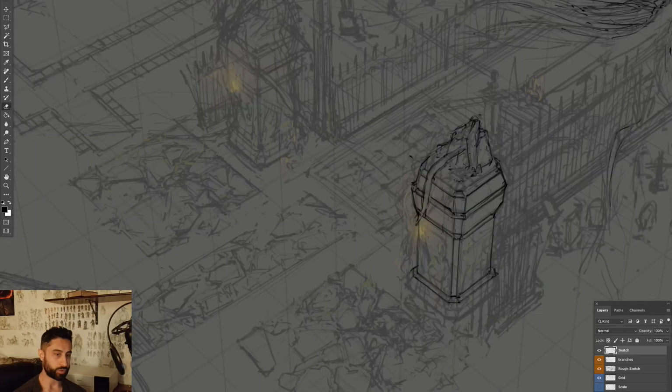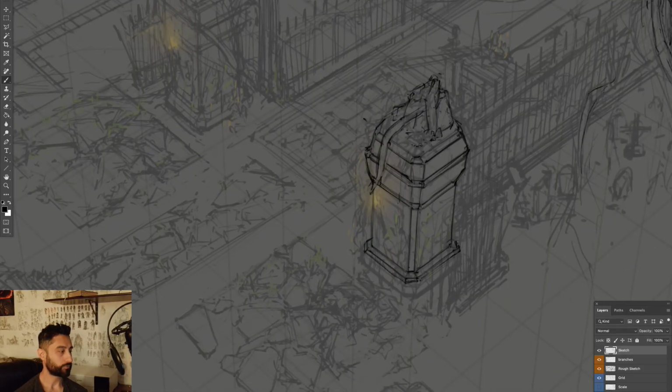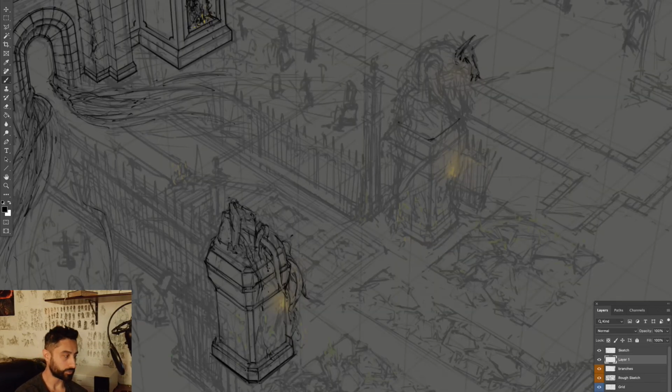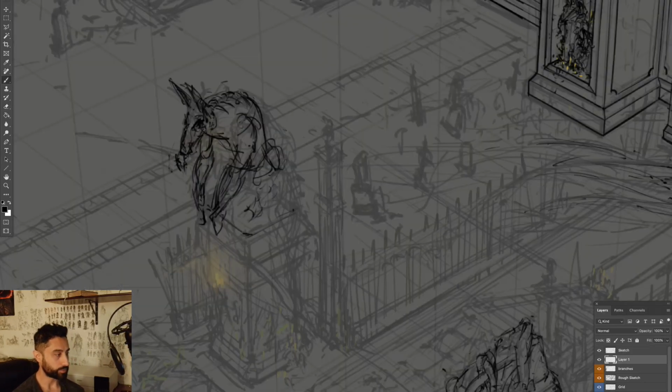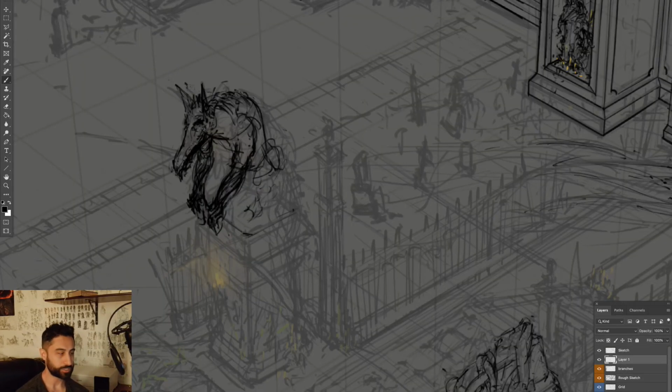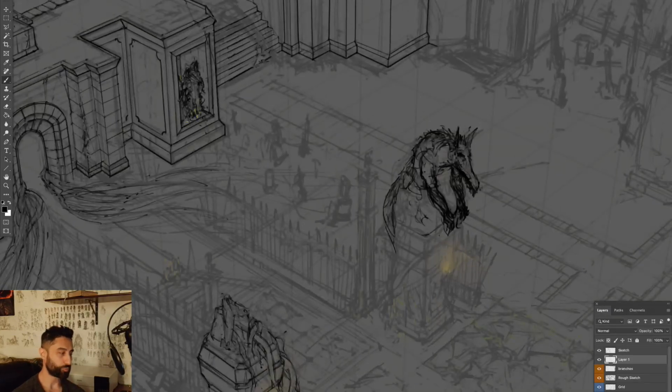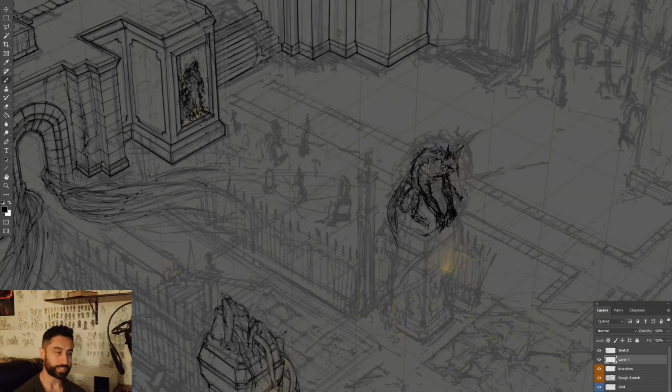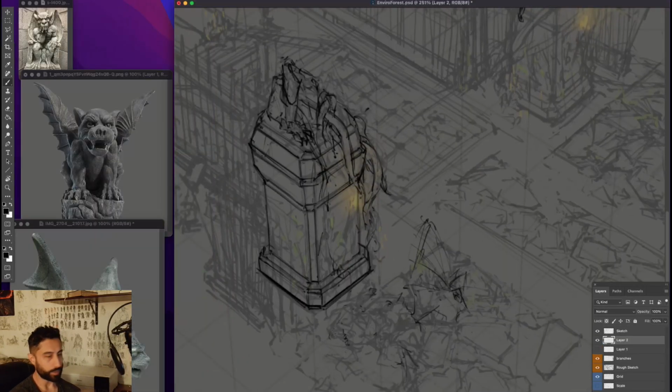It helps my brain calm down from trying to figure out all the functionality and all the design challenges that I'm facing. Or sometimes I just take a very fat brush, drop the opacity, drop the values, treat it like a watercolor canvas, and I just make a mess. And then I put a new layer on top and actually get back into designing. Basically, I'm just going up and down